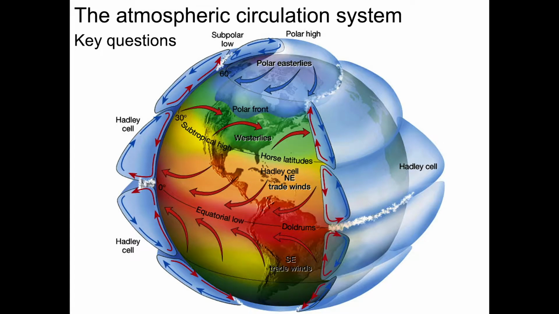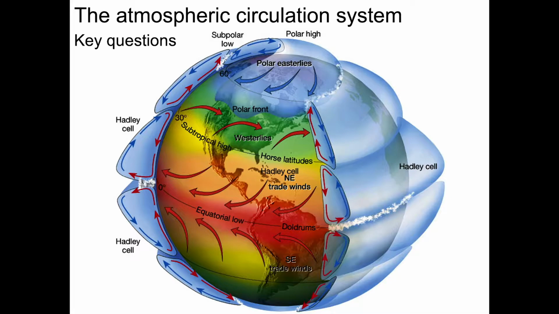Now we're going to focus on the atmospheric circulation system. Because the Earth is not a flat disk perpendicular to the Sun, it behaves in a far more complex way. This diagram summarizes many of the features of the atmosphere that are important for this portion of the course. Hopefully by the end of this series we'll gain an understanding of what this figure means in all its complexity,